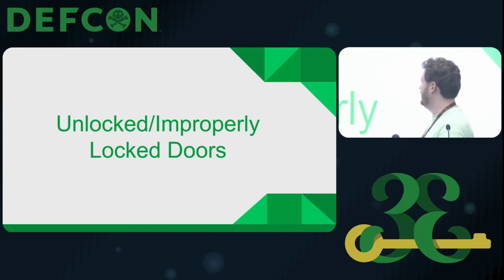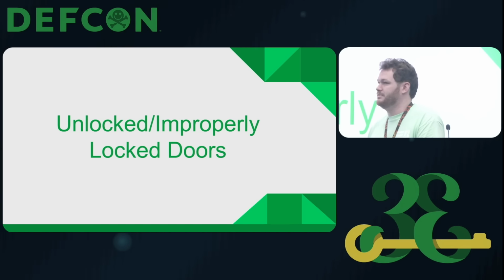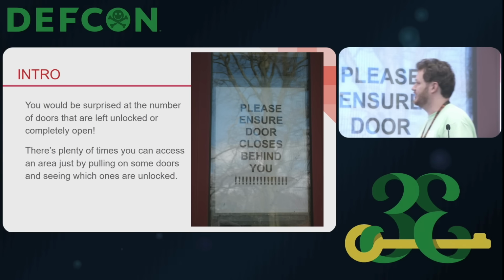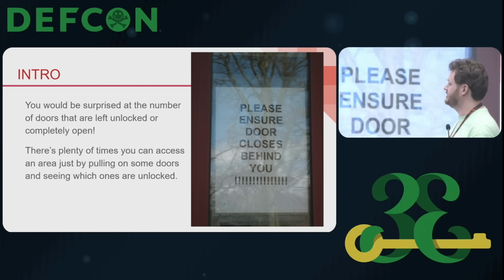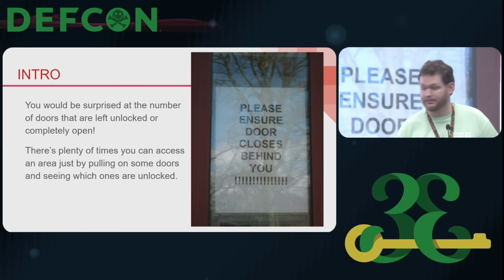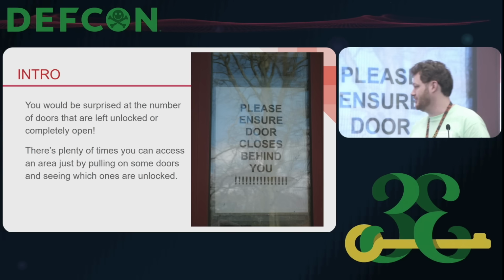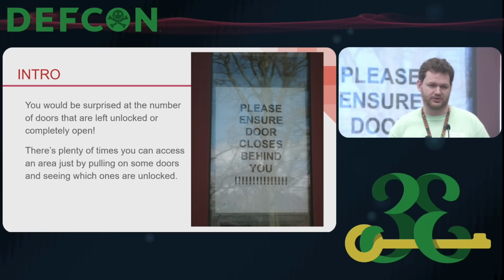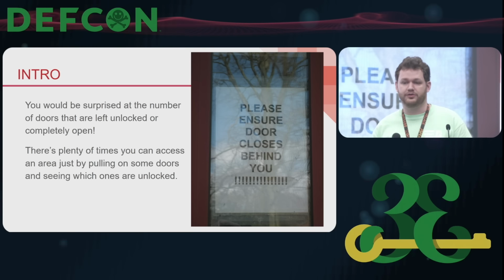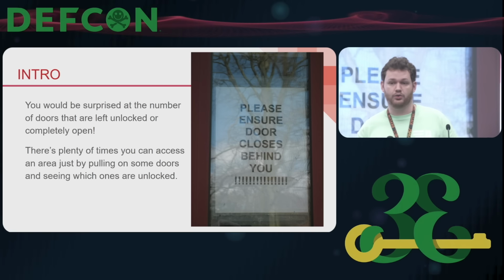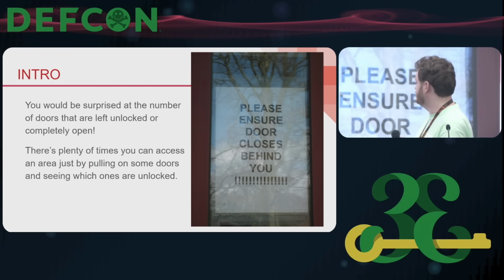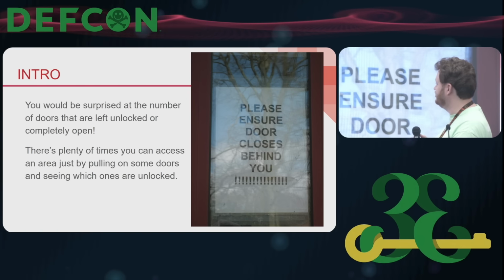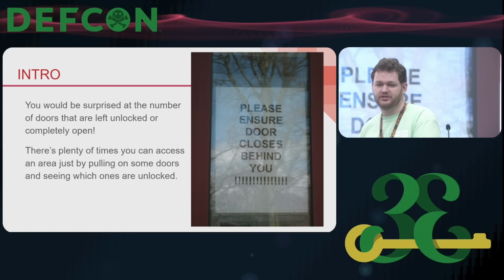And then we're going to go to unlocked or improperly locked doors, which are going to be the easiest and sometimes most mind-boggling ways of bypassing into a building or a residence. You'd be surprised by the numbers of doors that are just left unlocked or completely open. There are plenty of times you can access an area just by pulling on some doors and seeing what is unlocked and what isn't. You see this a lot in office buildings and hotels, places where there is so much foot traffic that it is a nuisance for people to have doors be locked and have some additional method to get in there. So yeah, close doors behind you and make sure that if you have staff that they're not just trying